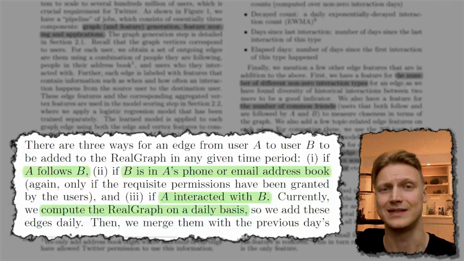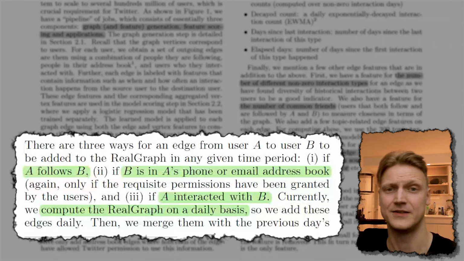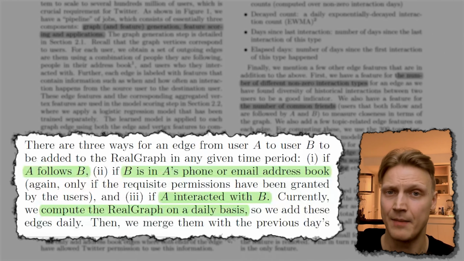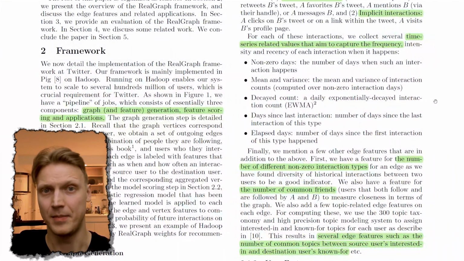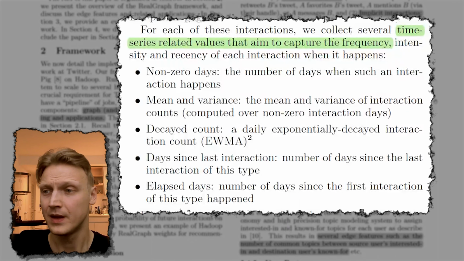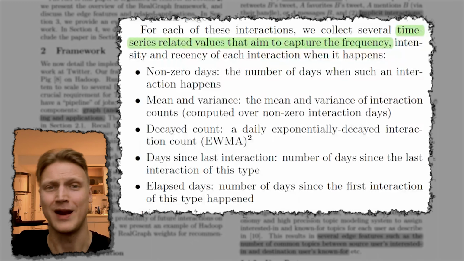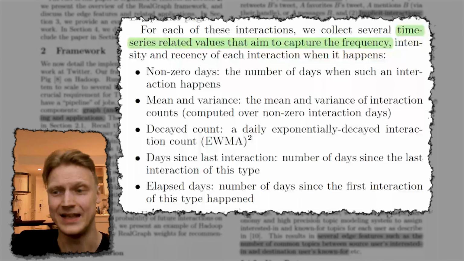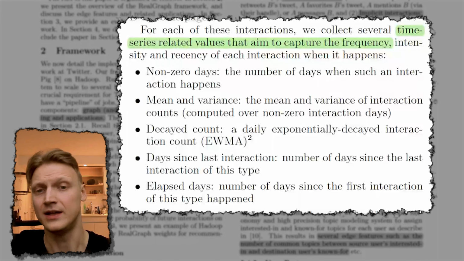It also includes this corner case when one user has a contact of another in his phone book and has given the app permission to use it. The algorithm takes into account a couple of things, for instance, how often users interact with each other, how long ago was the most recent interaction, and the strength of each interaction sort of like decays over time. The number of common friends is also involved, and a couple more things.